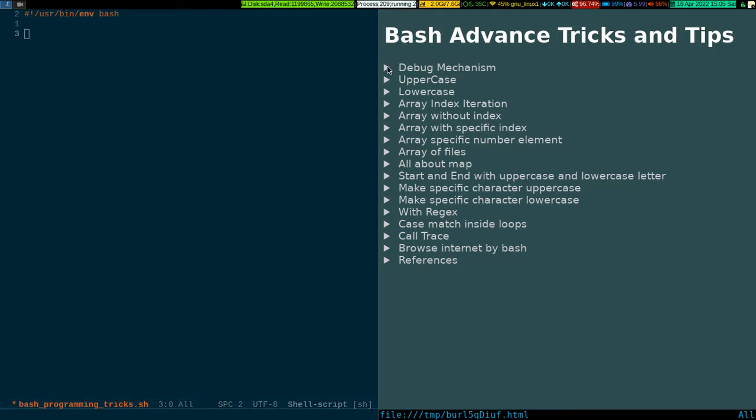The first is the debug mechanism. If you write any sort of programming, it's not about bash, any programming, knowing how to debug will give you an edge over others, because while debugging you have to understand a little bit of the internals of the specific programming language you are using. Okay, so